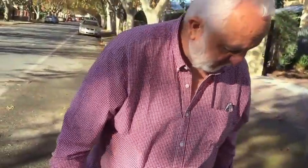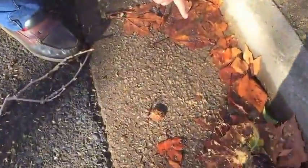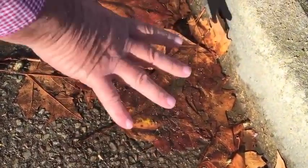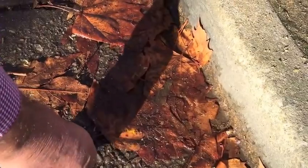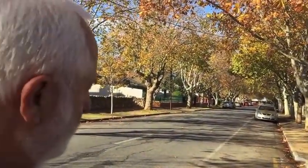Terrible. Repentant. Now, the other problem with sweeping them is if you get a very heavy leaf fall, they can be 2 or 3 feet deep. As you can see, it's a big leaf, and if it gets wet and the cars have been over it, it sticks to the ground, and that's not easy to sweep up. It wants to stick, and that can be a difficult problem. Parked cars don't help, but...